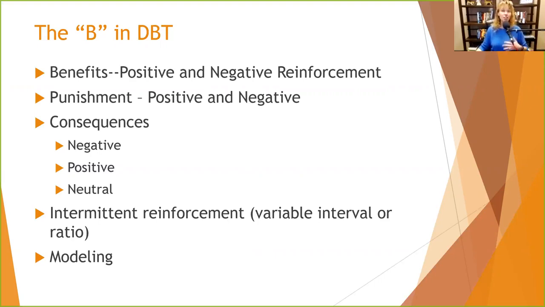Punishment is also both positive and negative. So punishment, positive punishment, is adding something unpleasant, such as having to write 500 times, "I will not hit my sister." And negative punishment is taking away something, such as putting someone in timeout or taking away a privilege. In order to increase a behavior, we need to increase the reinforcers. Ideally, we do that. Punishment eliminates the behavior, but they've got to have some kind of behavior to put in its place. So if you just punish a behavior, then you're just left with somebody who goes,